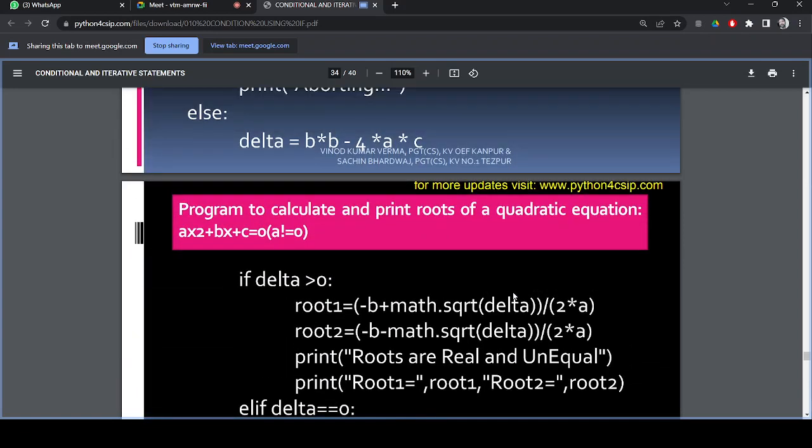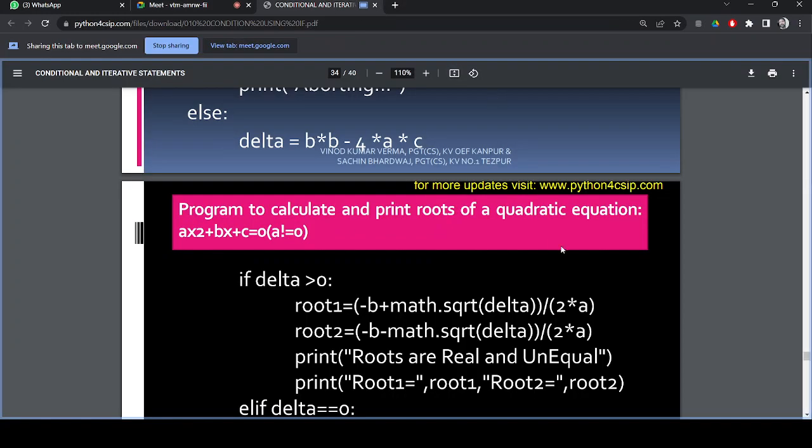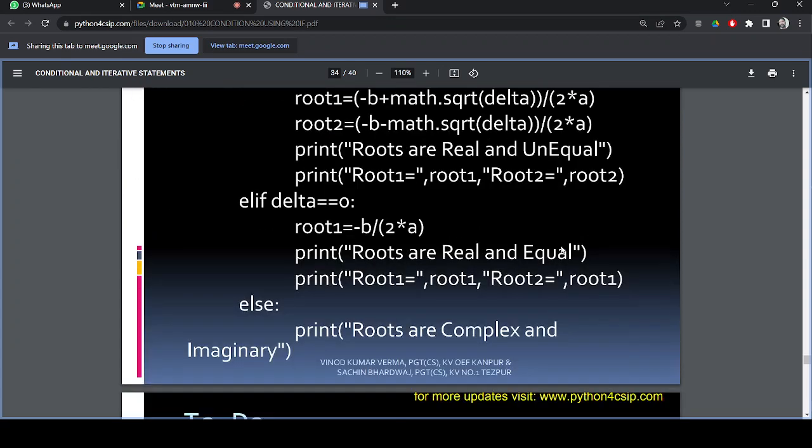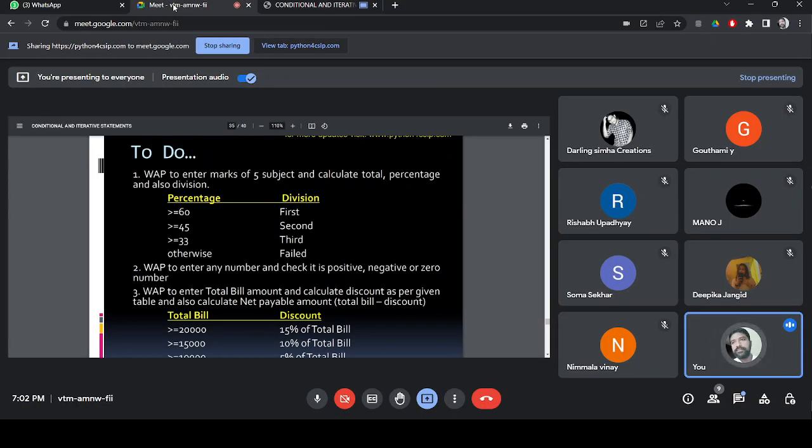In the three possibilities, the roots are equal, roots are imaginary, or roots are not equal. There are different possibilities. If you want to solve a mathematical quadratic equation problem, you have to go with if elif. Now, whatever example I have told you is in front of your screen. This example program doesn't need any mathematical background, you just have to solve the problem.